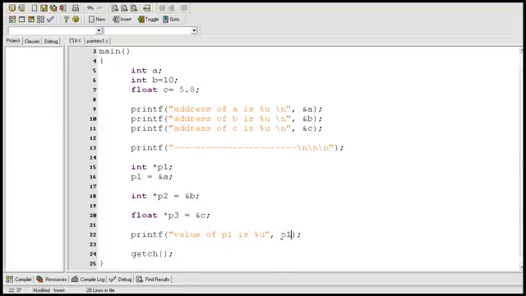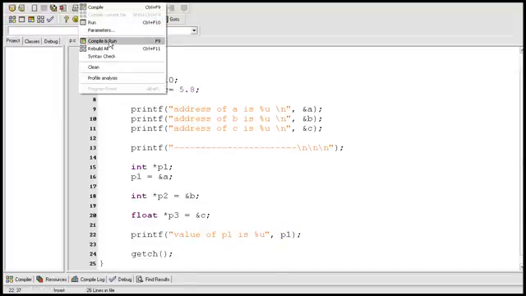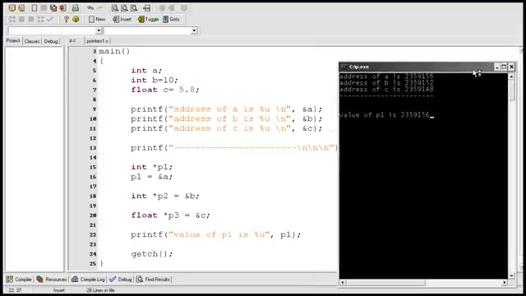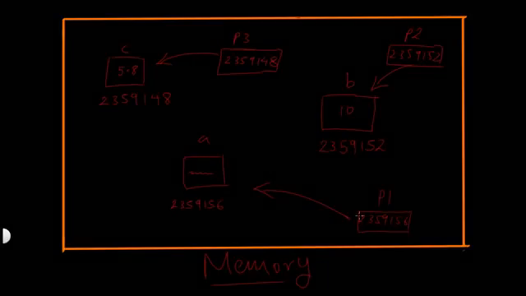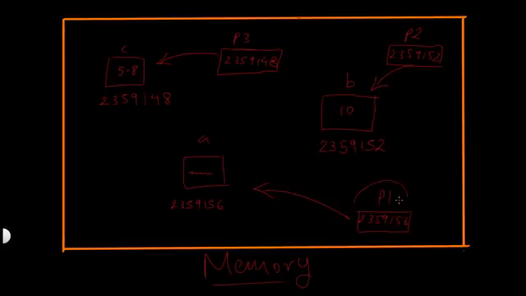p1 is the name of the pointer. So the value of pointer p1 is 2359156, which is the address of a. So somewhere in the memory there is a pointer named p1 that contains the address of a, which is this,